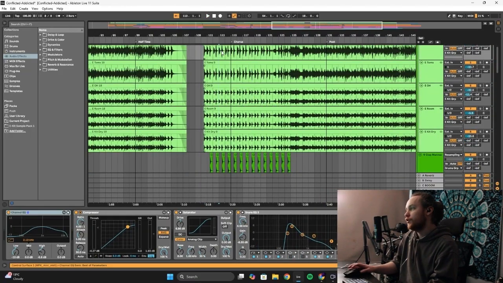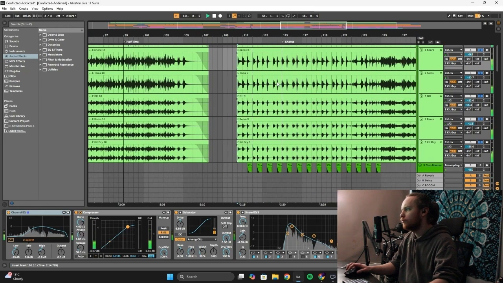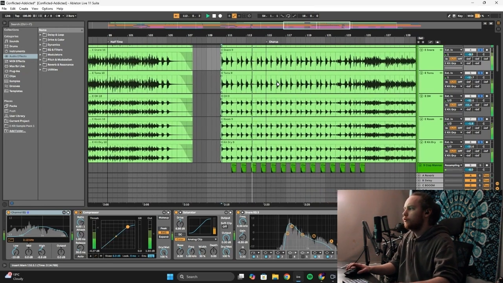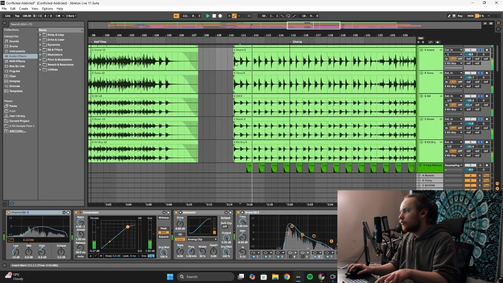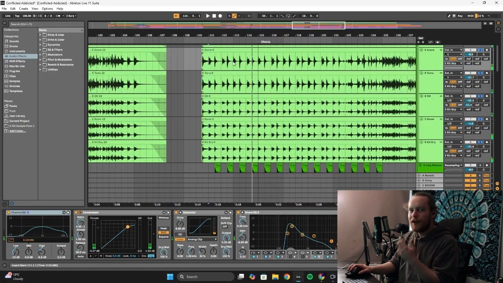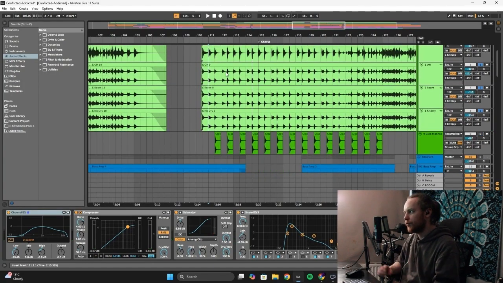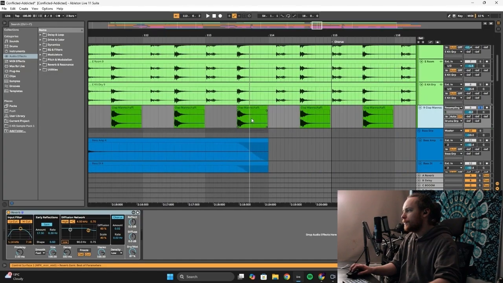For this bit, I really just wanted to make the backbeat really important because of the kick pattern too, if you listen to this again, because the second kick lands on the E of 3, I think. 1 E and a 2 E and a 3 E and a 4 E and a 1 E and a 2 E and a 3 E and a 4. So yeah, because the kick lands on a kind of weird spot, I really wanted the backbeat to be super consistent. I've also added these clap samples in,